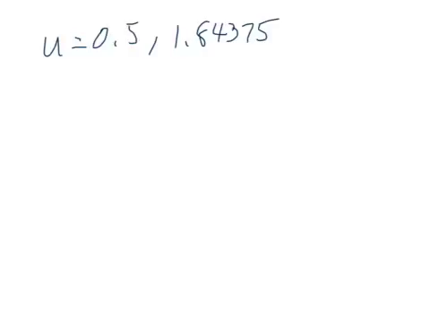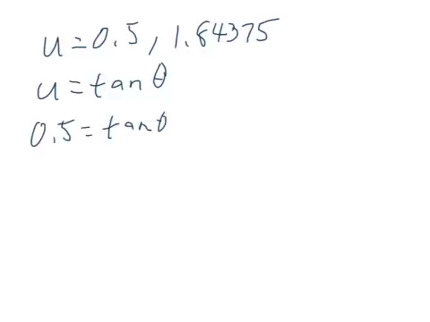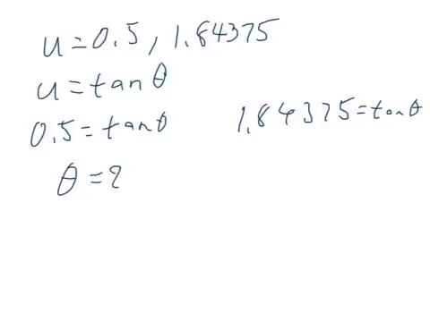So we'll say that u equals tangent theta. So we can say 0.5 equals tangent theta, or 1.84375 equals tangent theta. Solve each of those, and they come out to be about